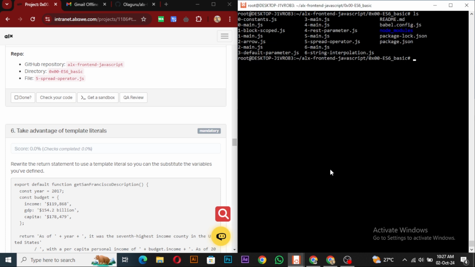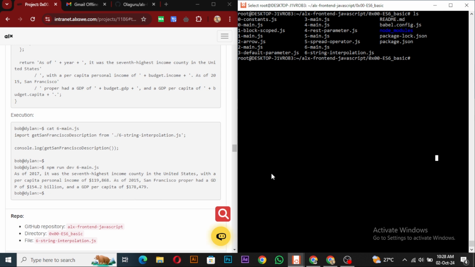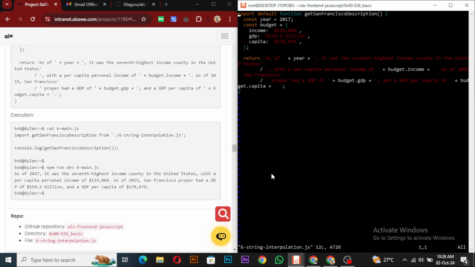And while that is doing as well, we can vi into what's it called, string interpolation. Vi 6 string interpolation. Okay, good. So the next thing I'm going to do is I'm going to